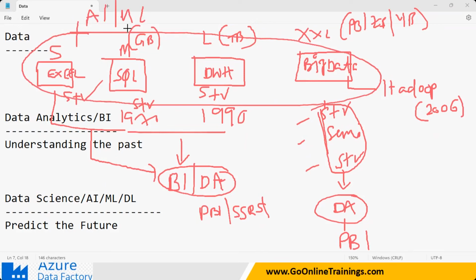Clear? So you will be able to perform data analytics using Power BI. The data may be coming from here, or data may be taken to AI applications or the BI application. It may take data from Excel, it may take data from SQL, it may take data from data warehousing, it may take data from big data Hadoop. Still you will be able to perform AI and ML. So get the data, store the data, and keep the data in these environments. You may keep the data in the data warehousing, you may keep the data in the big data.